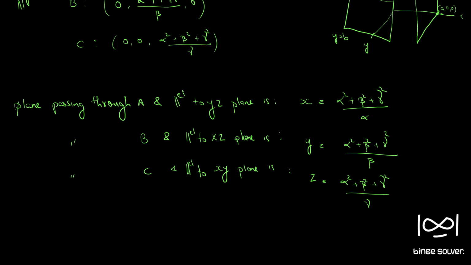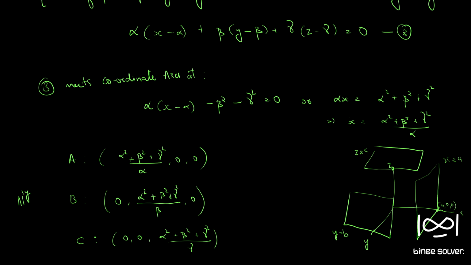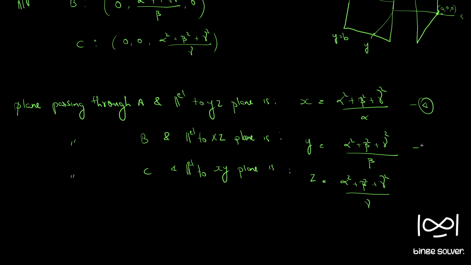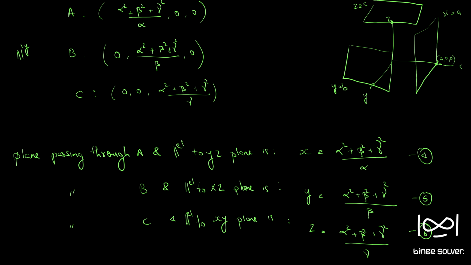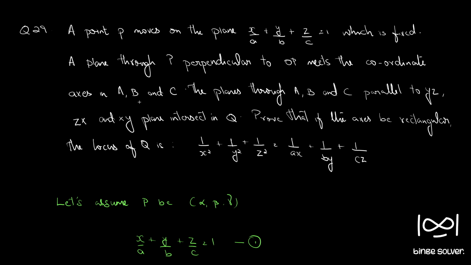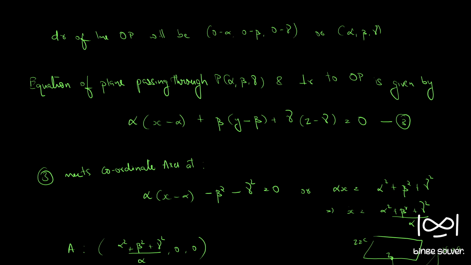Now we have these three planes. Now we need to find the locus of the point of intersection. So the planes through A, B, C parallel to the YZ coordinate planes intersect in Q. The axes are rectangular; we are to find the locus of Q. So locus of Q is nothing but an equation